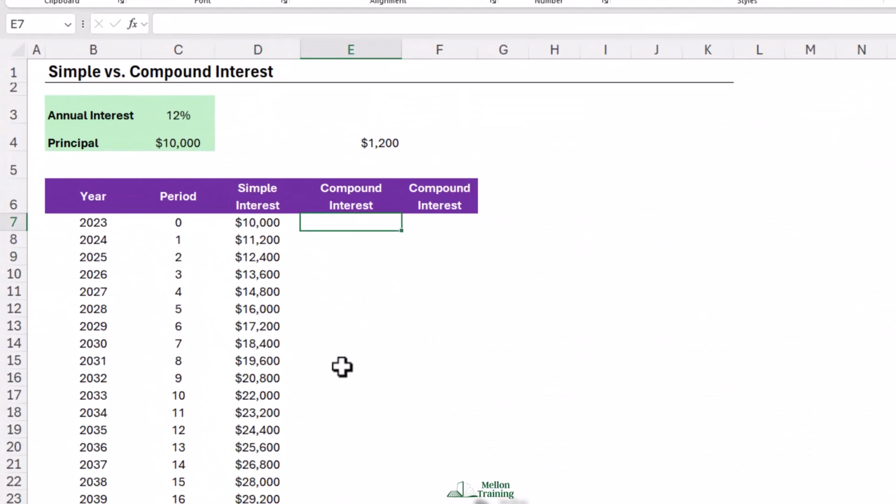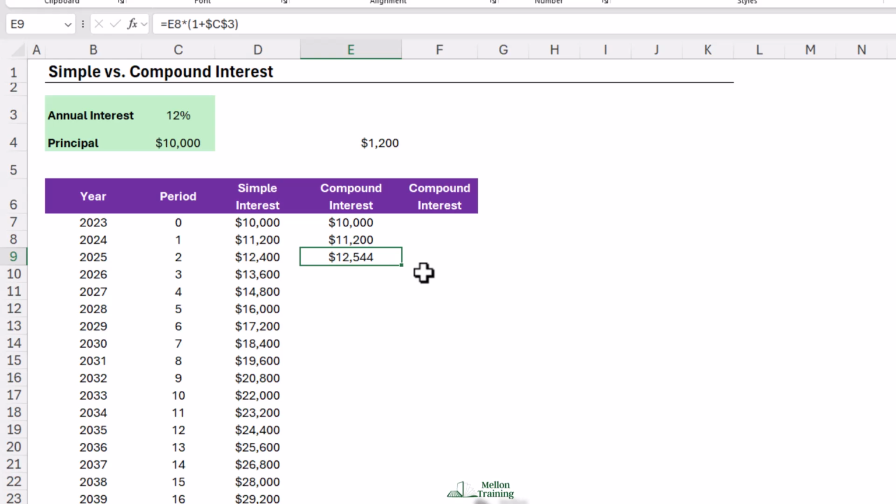So here at time 0, we're going to have $10,000, okay? And then in year 1, we're going to have $10,000 and we're going to earn, we're still going to have that 1 plus, we're going to earn 12%. So let me lock that. Close parentheses and enter. After 2 years, we're going to have